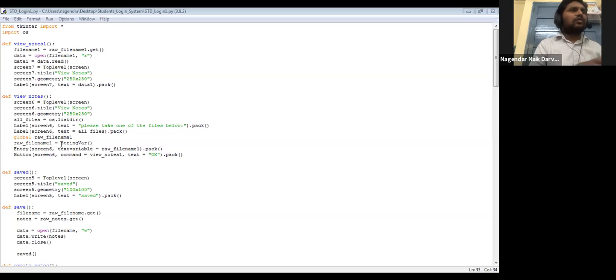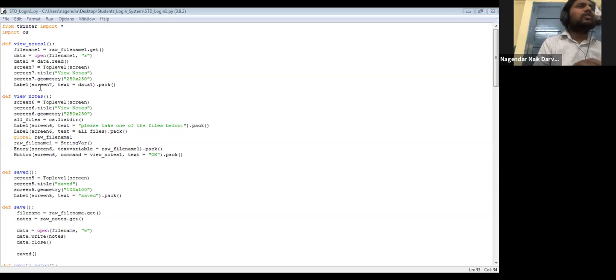We'll see now. These are all the same as the previous things. In every function, we first define the function and the screen, then what kind of operation we take, whether pressing a button. If we press a button and we need to go to the next window, then we need to write this command on the button; otherwise it is not required. So now it is not taking us to any other window.